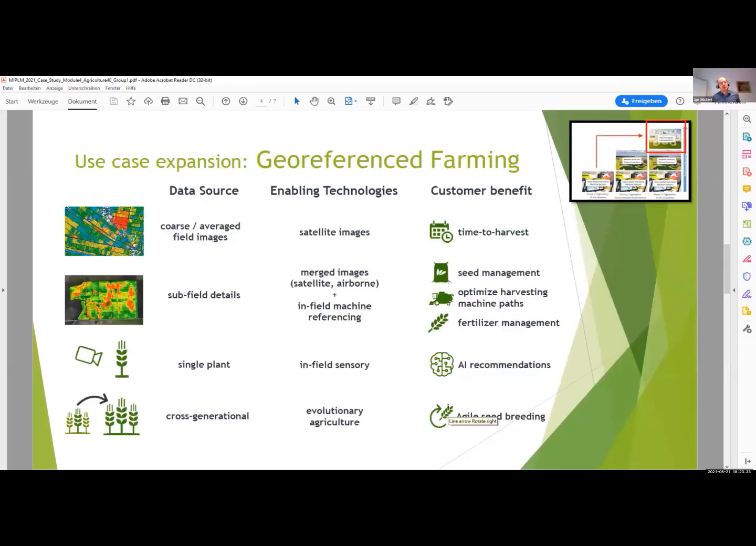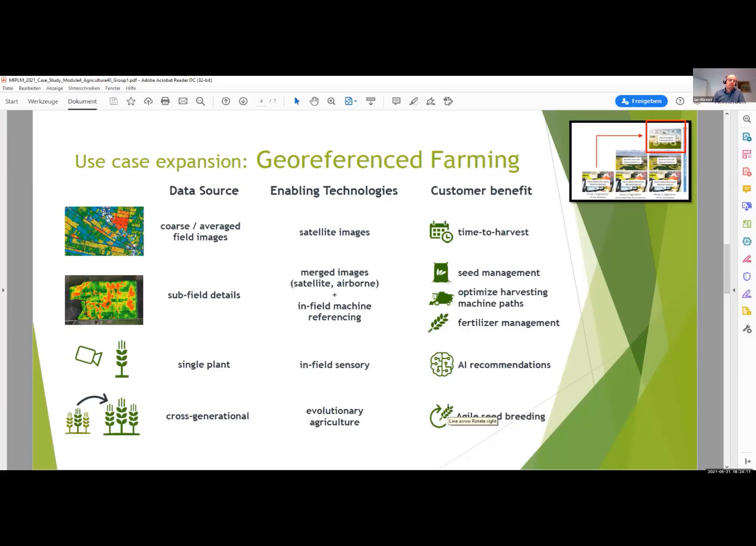If we ask ourselves how we can expand this use case, we came up with the idea of georeferenced farming. The first line is actually included in the patent that Valentin presented a minute ago. We capture very coarse multispectral images of the fields, average them, and then determine the optimal time to harvest. We think that if we improve the spectral data and also include airborne data,